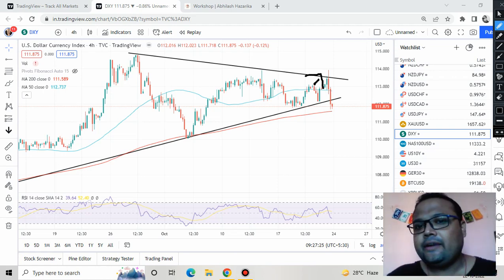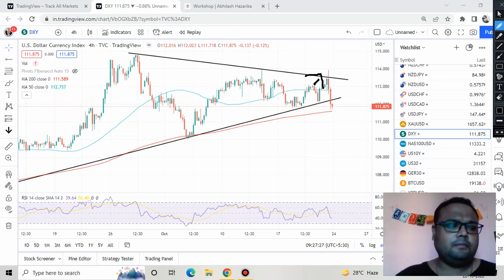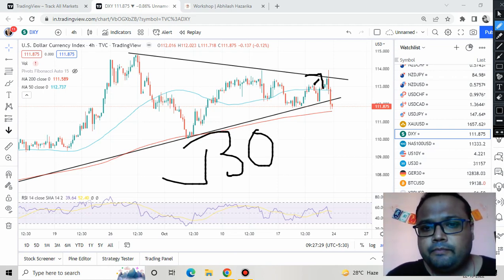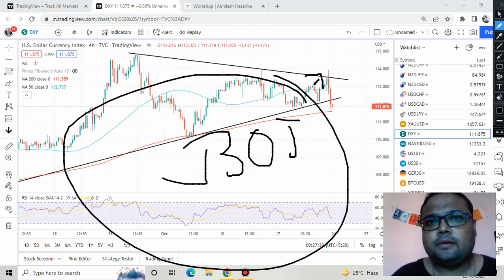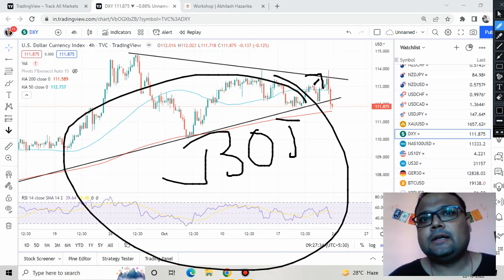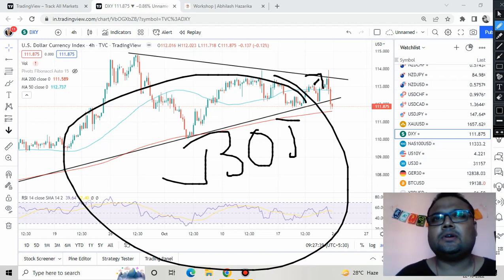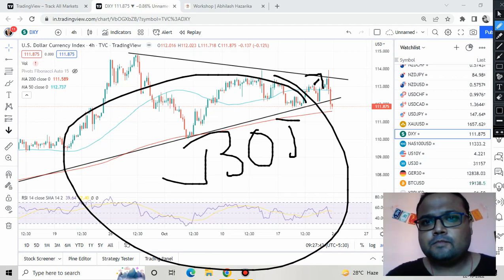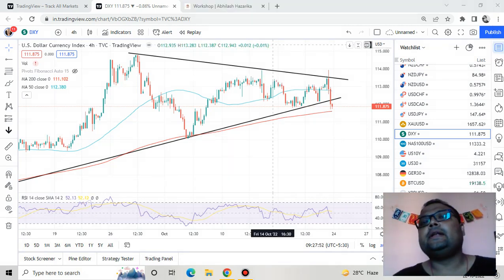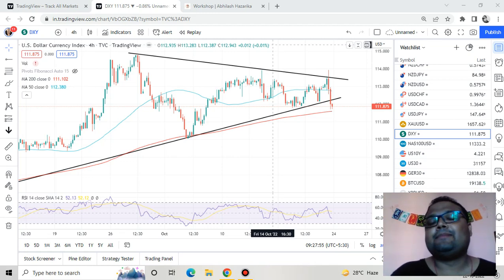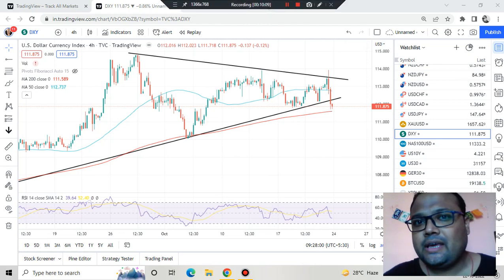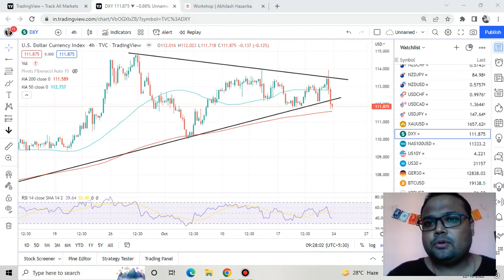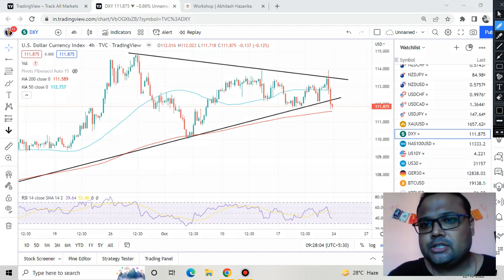actually still there is no clarification, but the Bank of Japan has sold US dollars. There is a massive weakness on the currency of yen for the last couple of months. So as a result, Bank of Japan has sold US dollars just to save their currency. So there was a fall on the chart of DXY.